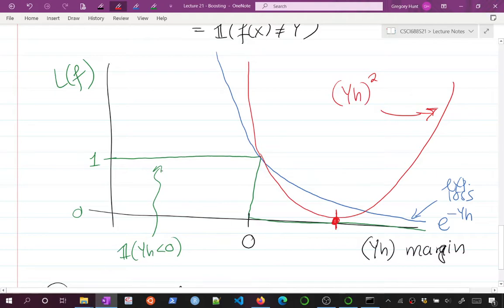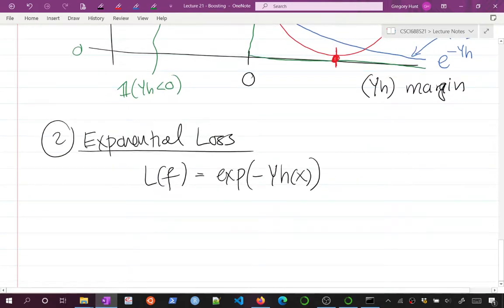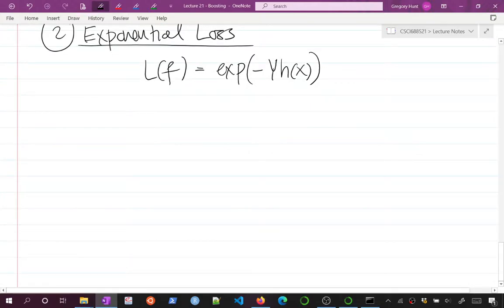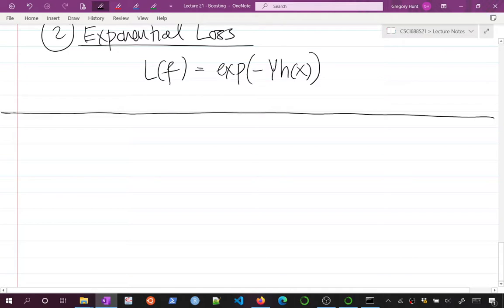So the 0, 1 loss is the classic loss. Something like this exponential loss is what's called a surrogate loss. It's a nicer version that approximates the 0, 1 loss, but isn't quite the same thing. But it's going to have some potentially nicer properties to it. It's differentiable. Okay. So that is a tirade on losses. And I think that nicely ties together some of the discussion that we've had so far